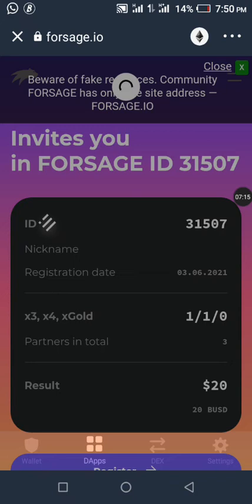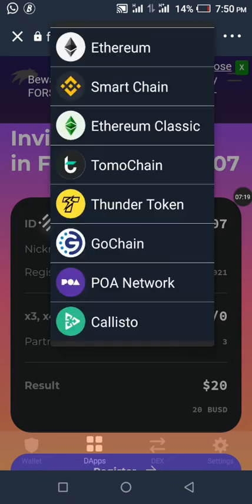You will have to change this Ethereum. What you do is you click here. Once you click, you have this drop down menu of Ethereum, Smart Chain, Ethereum Classic, and the rest of them. Click on Smart Chain because we are not doing an Ethereum transaction. Ethereum transactions have higher gas fees because the cryptocurrency is not a stable currency. Sorry, this video is long, but you have to learn and understand at this point. So you activate the Smart Chain.